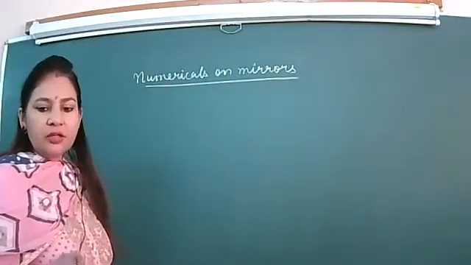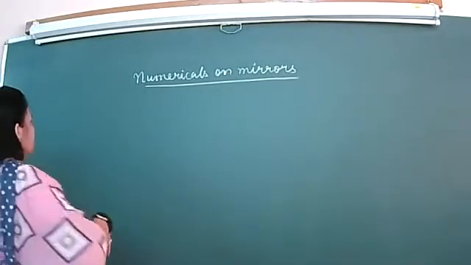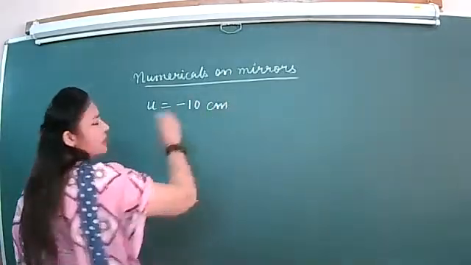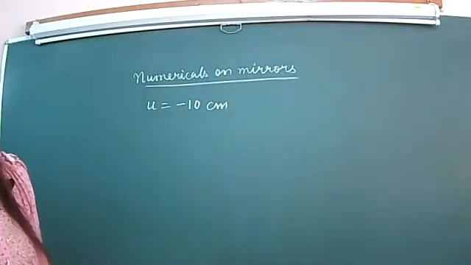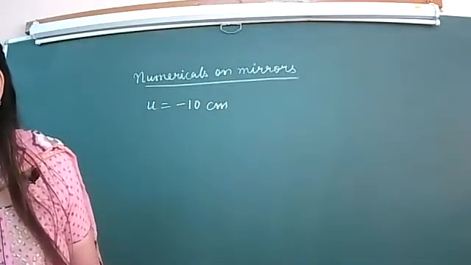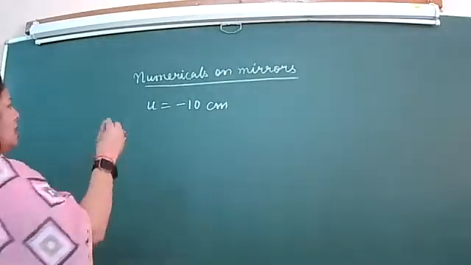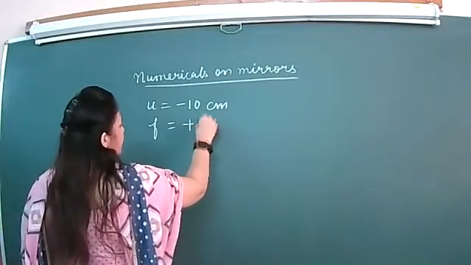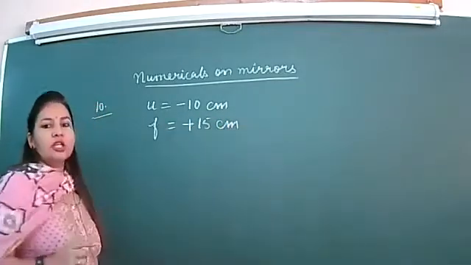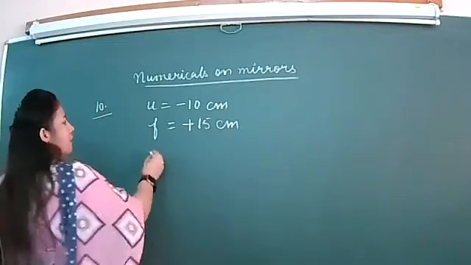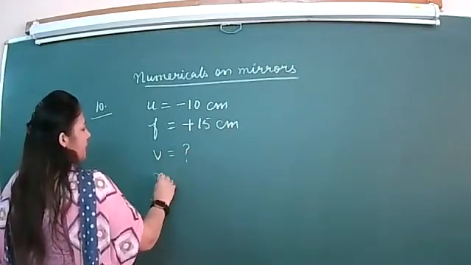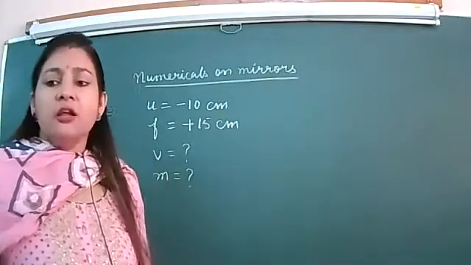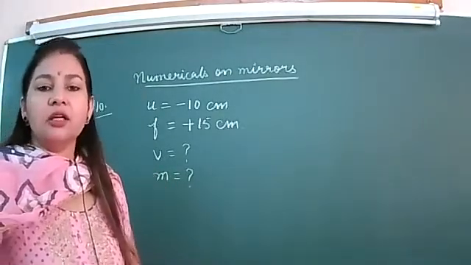Okay, so what is given to us? See that u, object distance, that is given 10 centimeter, and u is always negative, so we put a negative sign here, right? This is question number 12 I am talking about. And focal length of convex mirror, that is always positive, that is given 15 centimeter. So these two things are given to us. They are asking find position of the image and nature of the image. We are not to find H2 here because H1 is not given. So that's why they are not talking about size of the image.